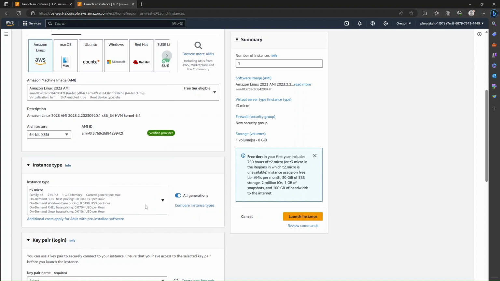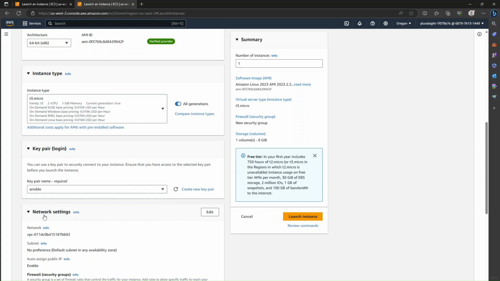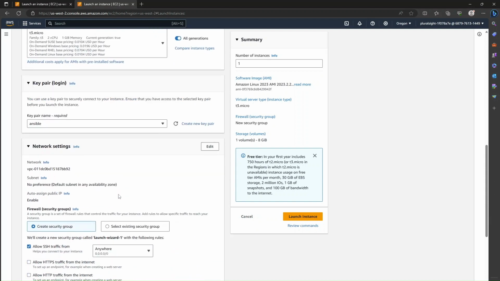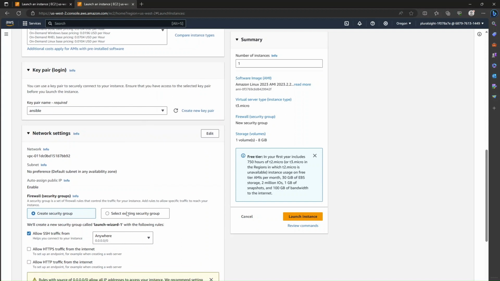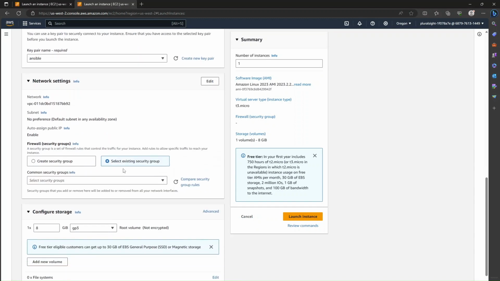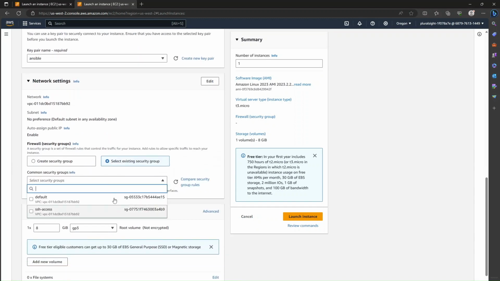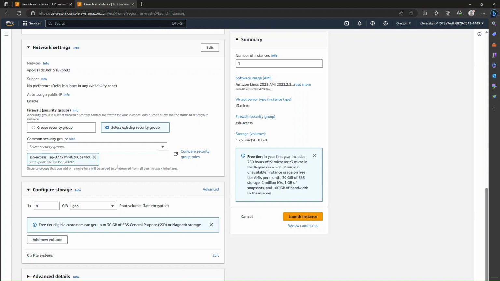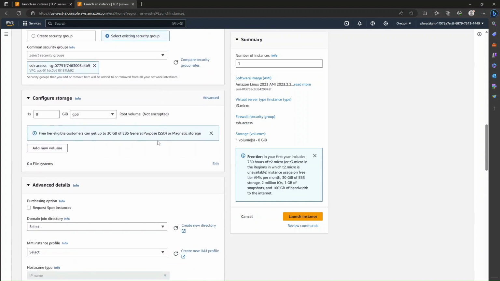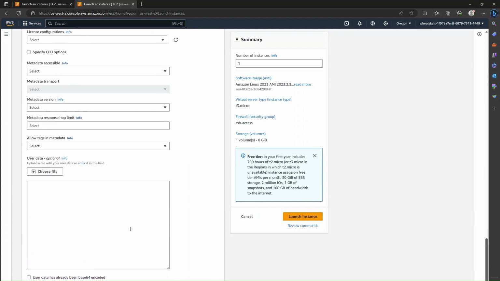for the instance type, and I'm going to use the same key pair which I generated previously so that I can access it from the Ansible host while connecting, with no need to provide passwords or all those things. It's a secure way to use key-based authentication. And I wanted SSH access, so I'm using my existing security group to allow SSH, and that's how it's done. And now in the user data section,